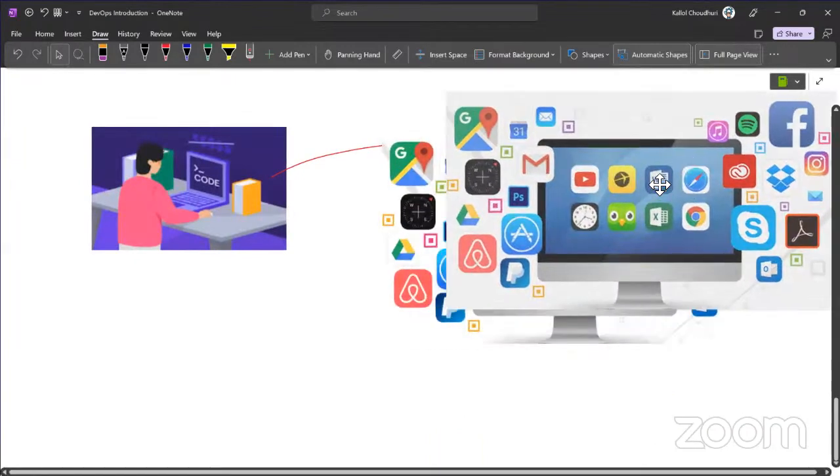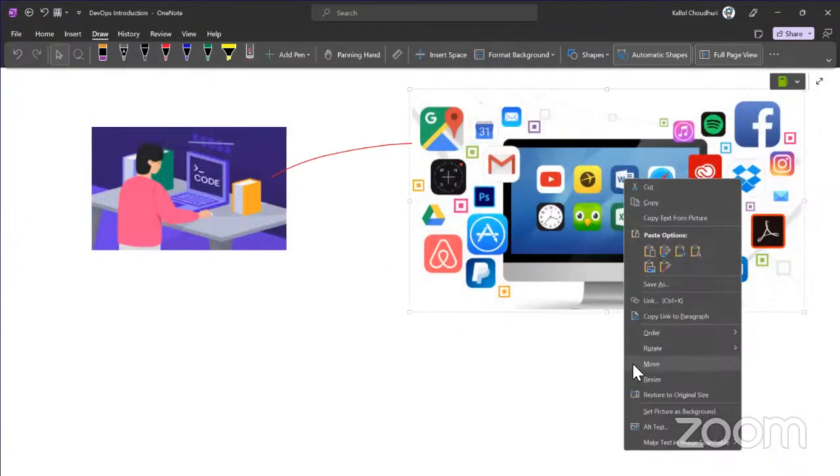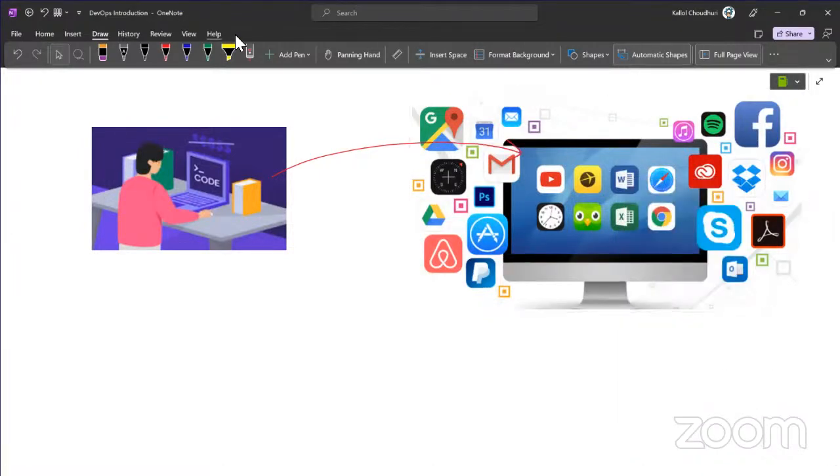All these applications, as you can see. Okay, anything that you can think about. Can I make this move order? Send to back. Okay, so